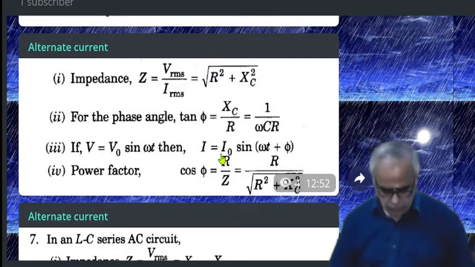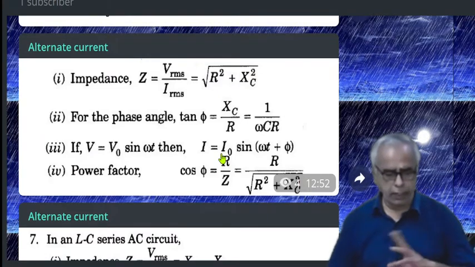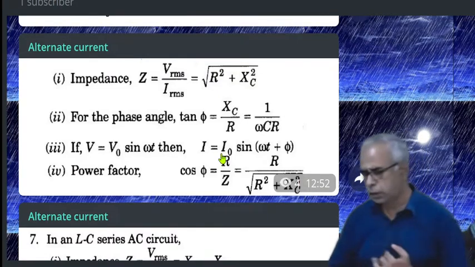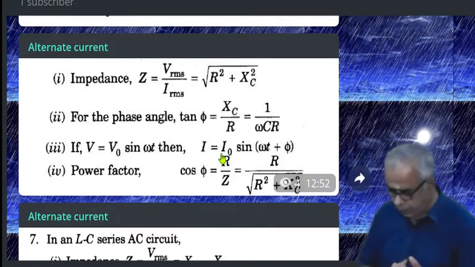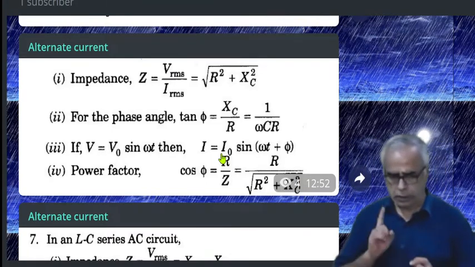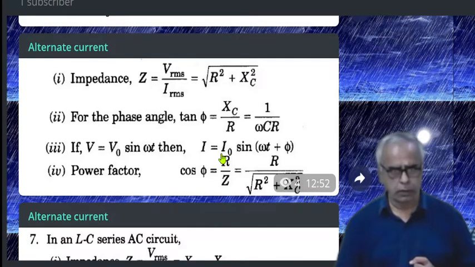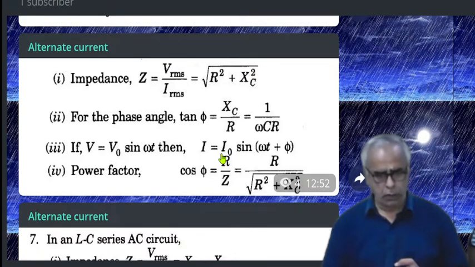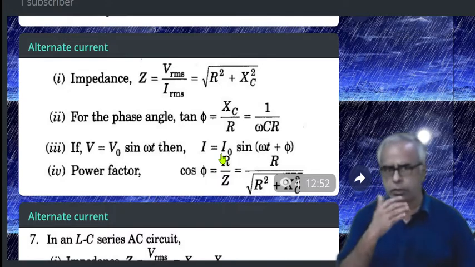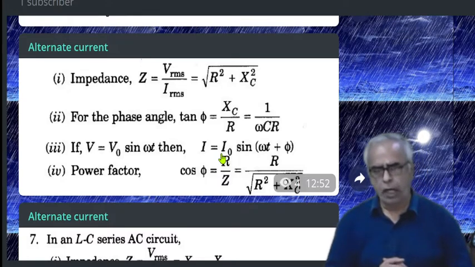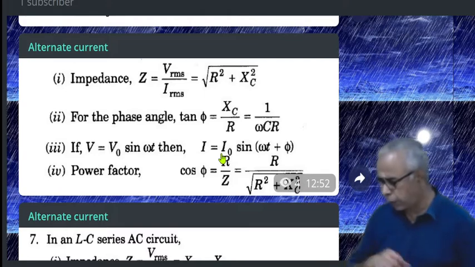When you consider impedance, we can have three combinations. We already discussed L separately and C separately. What is L? Inductor. C, capacitor. R, resistor. So now we can have combinations. Now we will study the LC combination and then the LCR combination, that too in series.